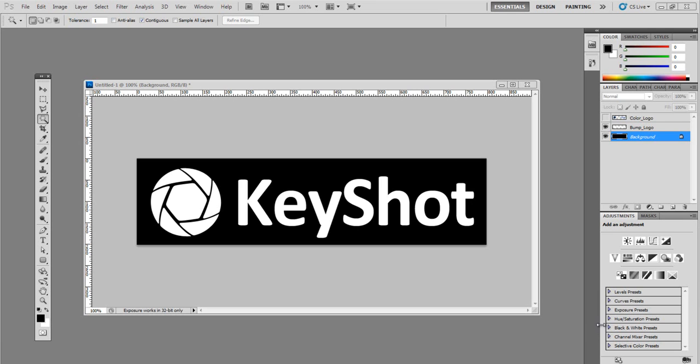When you want to create an embossed logo effect, the first thing you'll need to do is create a bump map out of your logo. Now, a bump map will use black and white values to simulate areas that are raised and areas that are lowered. So for this particular project, I'm going to start out with just an all-white version of the Keyshot logo,